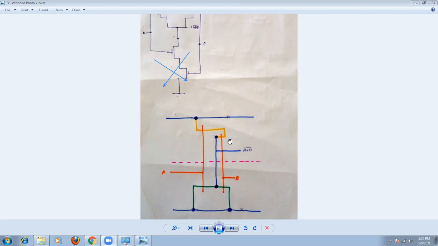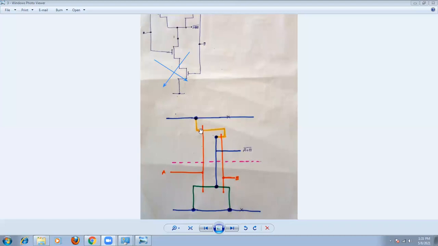This is another transistor formation. So we are having another way. Similarly here also, this is B and this is A. This is the source region, this is the drain region, and this is the source region, this is the drain region. The two drains will join together, and this drain will be connected to the drain of the pull-up transistor. So the pull-up transistors will be connected in series.